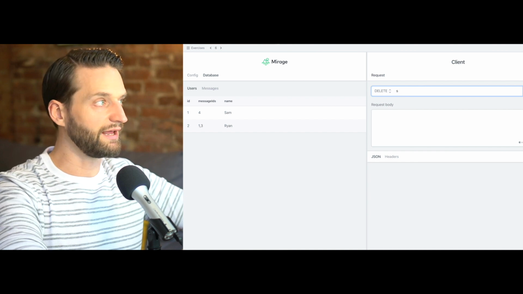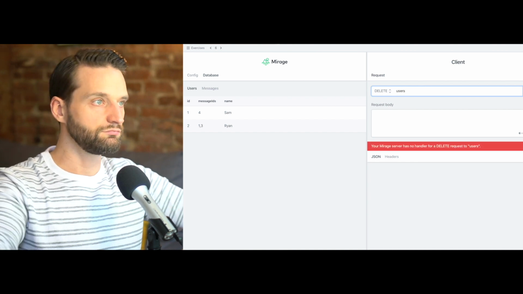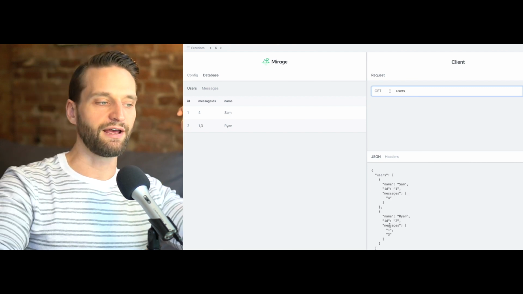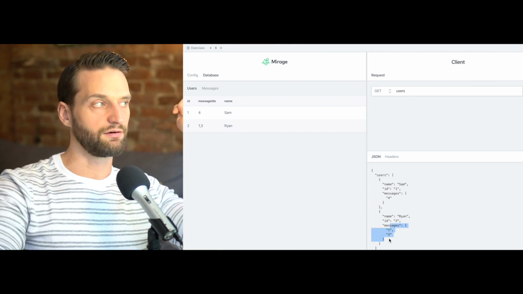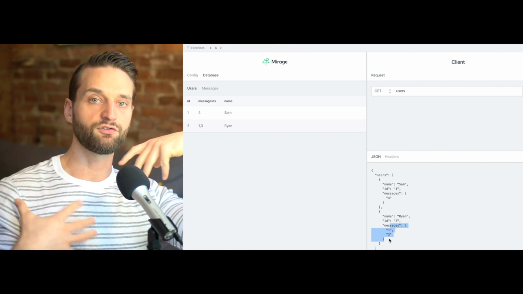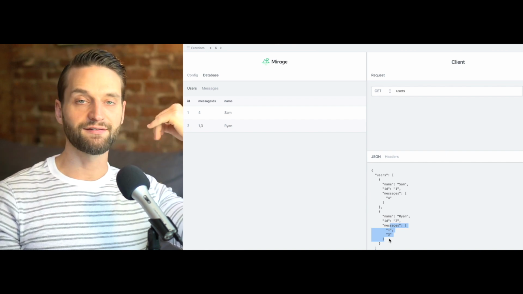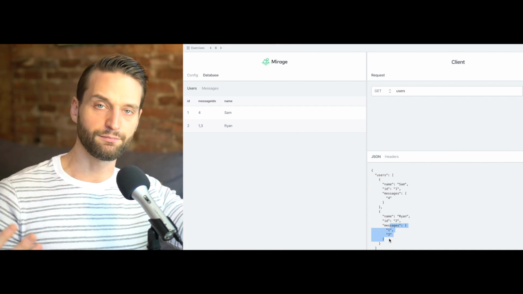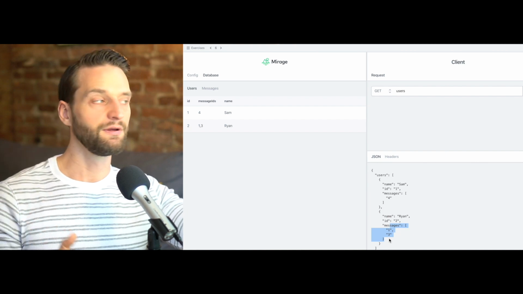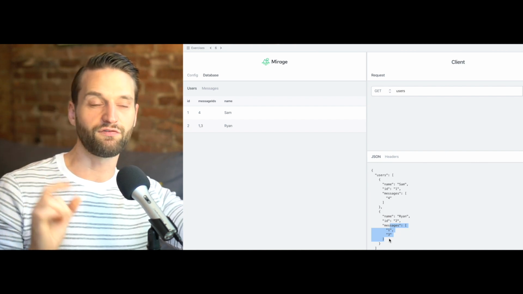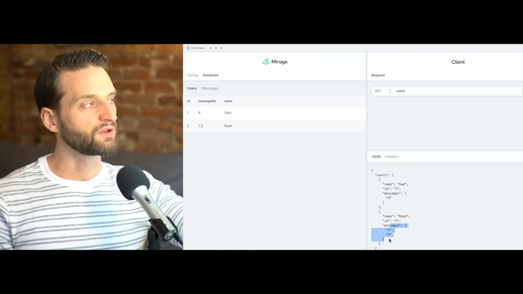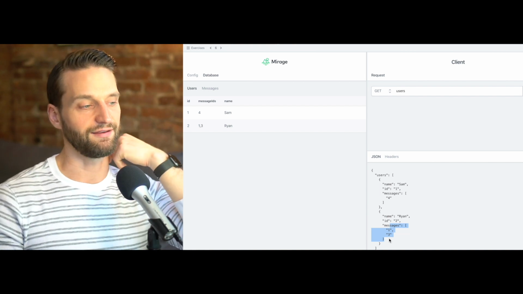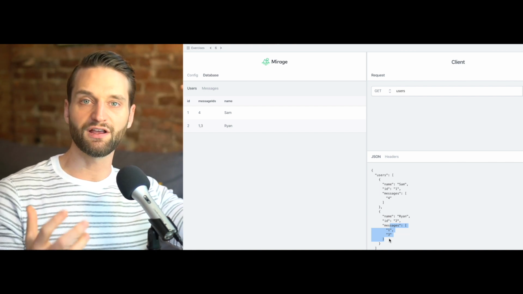So if we get all of the users, let's send a GET request to users, these come over as an array. So Mirage is really more about representing how server resources are exposed, and the database is done in this way, the has many side of the relationship, just to keep it as simple as possible. It ends up working exactly the same. It's just a slight abstraction, and so if you are confused about that, you might find that most systems only ever support individual keys, even if they end up giving you the same exact thing. So this is just a little bit of a higher level way to think about it,